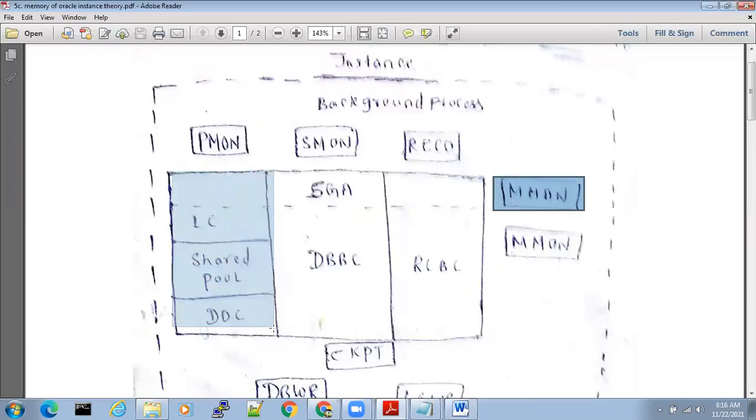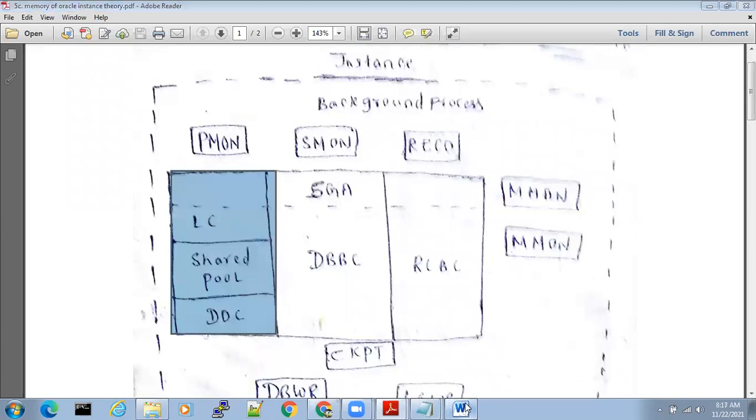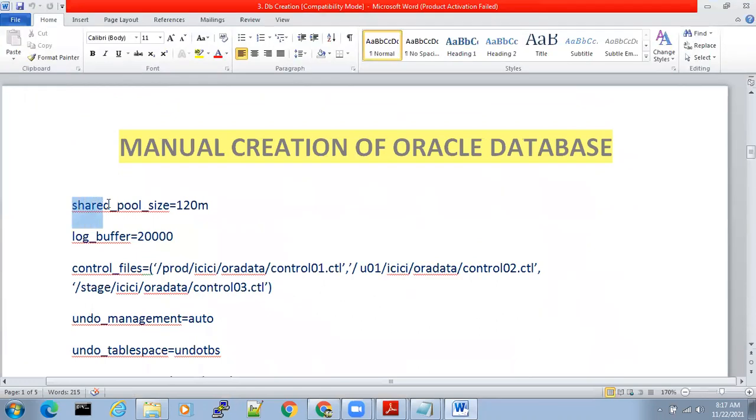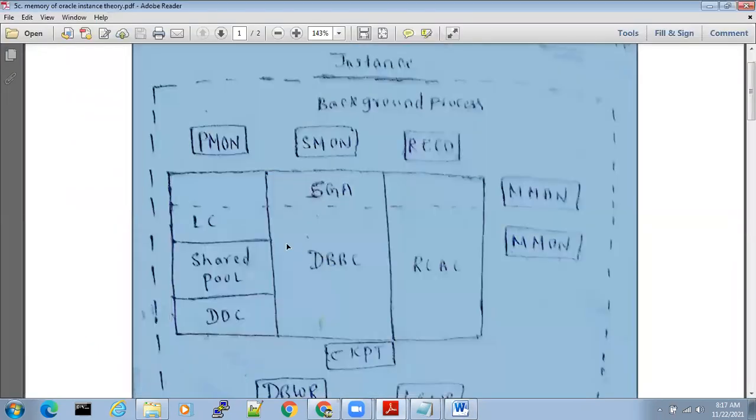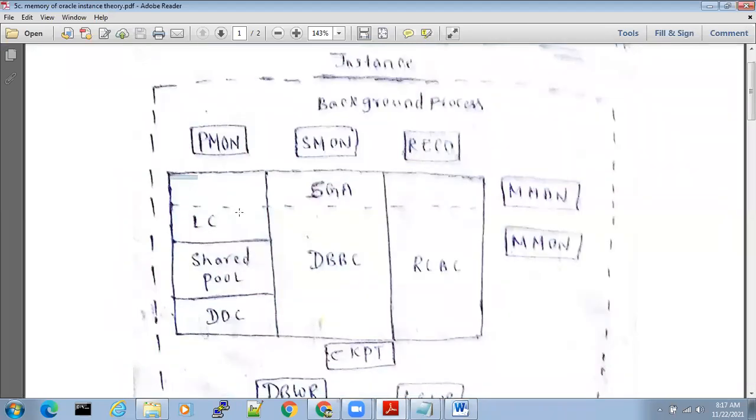What is this? Tell me. Shared pool. So what we used to do, we used to give shared_pool_size equal to 120M, means you are directly defining that the shared pool size should be 120 MB. Yes or no?